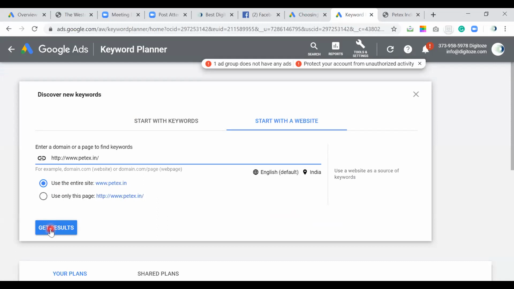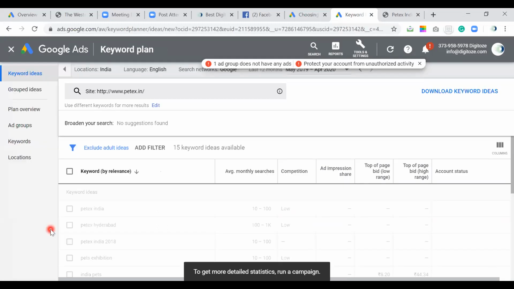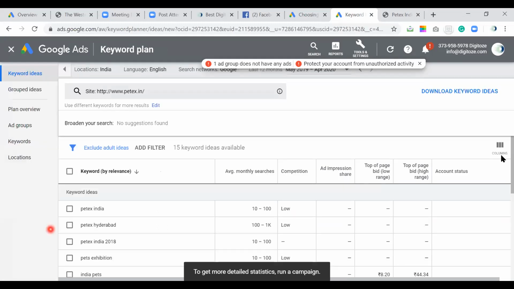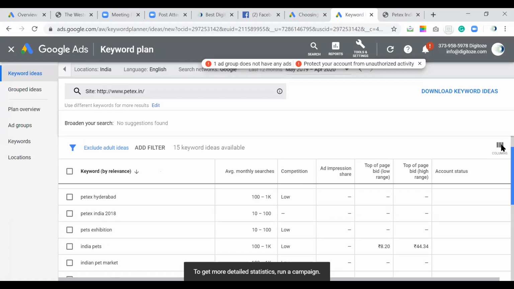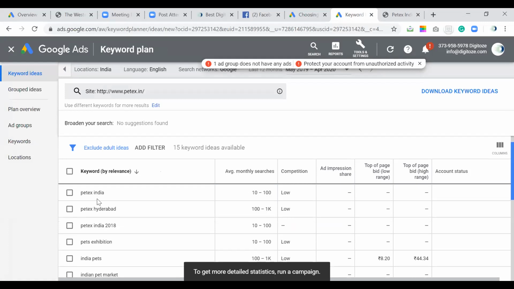What Google will do is try to get into the content that is there and suggest a few keywords over here. So Google has seen the content. Based on the relevance of the content, Google has suggested Petex India, and the average monthly search volume is between 10 and 100. What do we mean by monthly search volume?